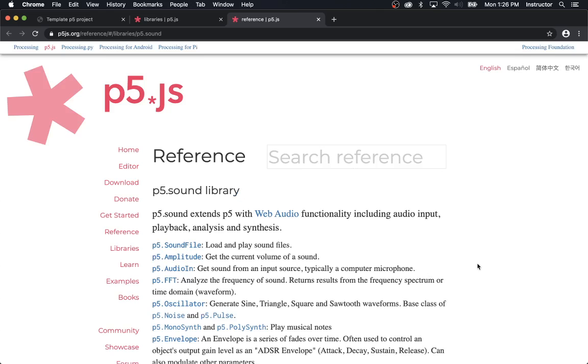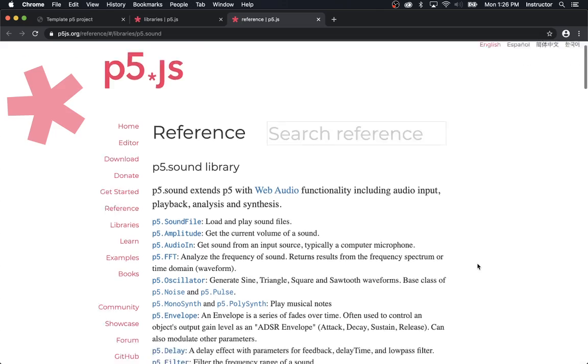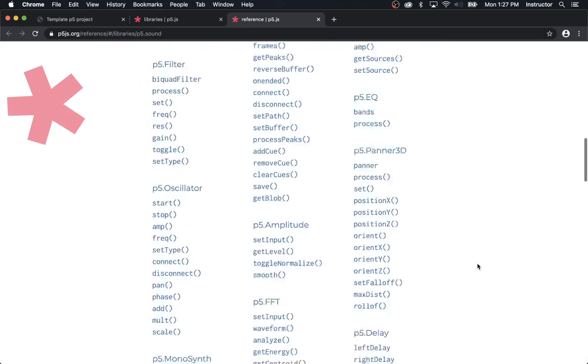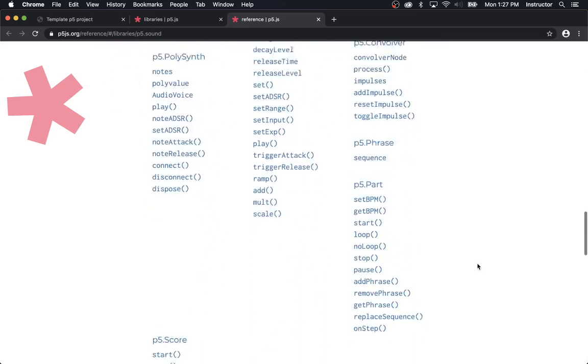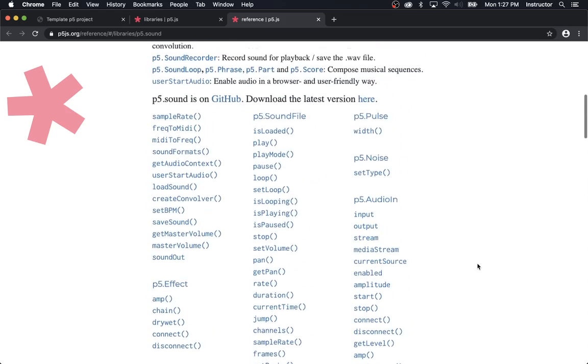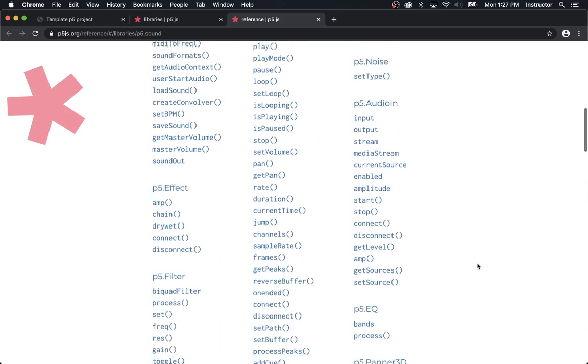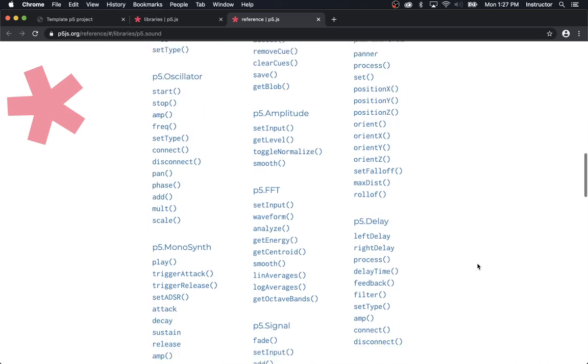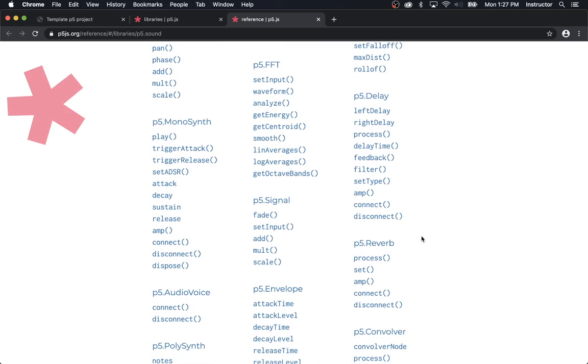And what we end up with here is a not super friendly web page telling us about the p5.sound library. In particular, it's telling us all of the stuff that p5.sound can do, and you can see that there is a lot. This stuff down here at the bottom especially is kind of mirroring the various possibilities that we see in the regular p5 reference list, right? All of the methods effectively that we can call, or functions that we can call,